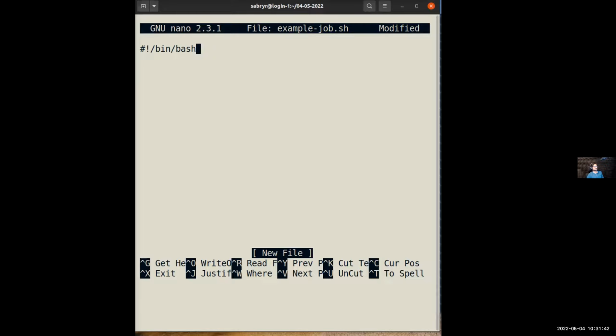So this gives the indication to the computer and the operating system, sorry, not the interpreter, rather the part of the computer that understands this script, that it starts with bash. For example, you could say like a language. So it'll use that syntax. Then I'm going to echo.